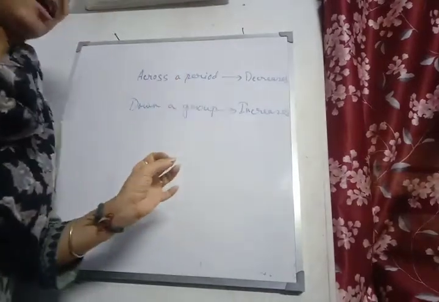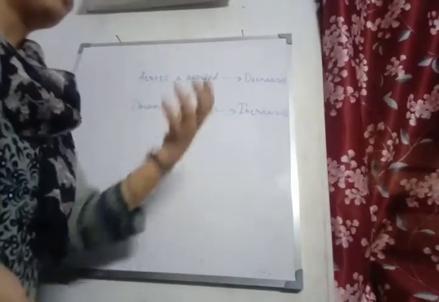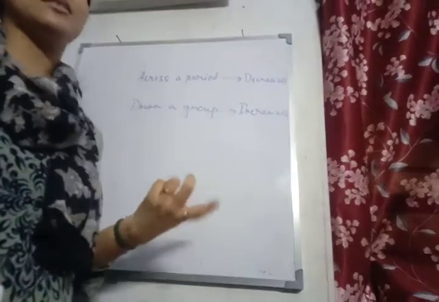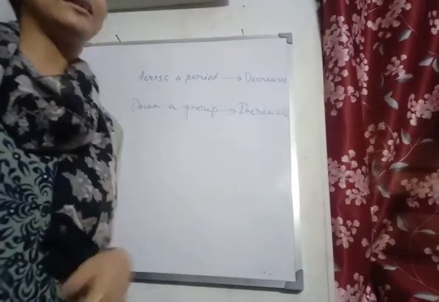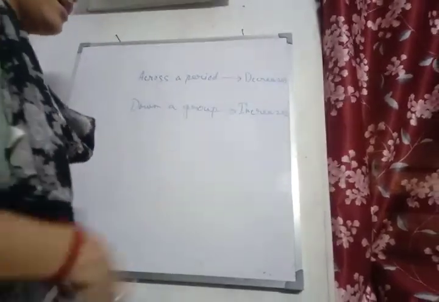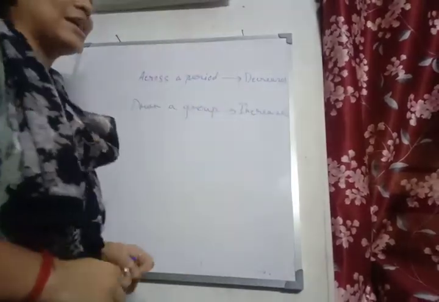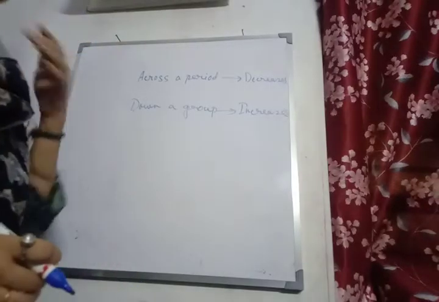As you move across a period, the shell number remains fixed, and the effective nuclear charge increases, which pulls the outermost electron or the outermost shell towards the nucleus. As a result, the distance between the nucleus and the shell decreases. So atomic radius decreases. So it increases because of the number of shells and decreases because of the increase in the effective nuclear charge. So that's it.